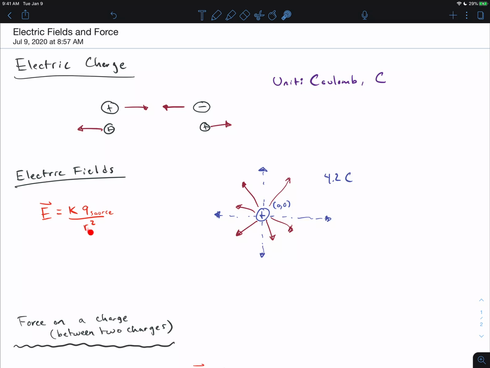It drops off pretty quickly. R squared means that every time we double our distance from the charge, we cut our electric field by a factor of 4, which is pretty huge. So remember that we're radiating this electric field. You can think of it kind of like light, and as it gets further away, it gets weaker and weaker in intensity. This R squared here is just measuring for us, let's say from here to some point out here,